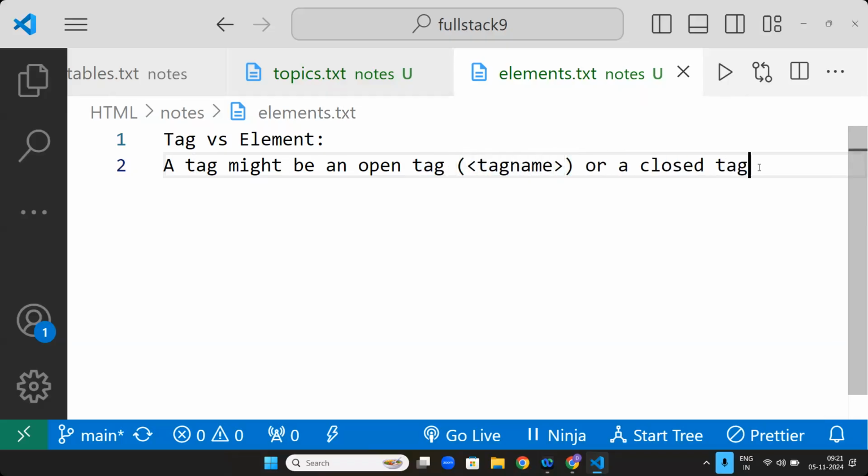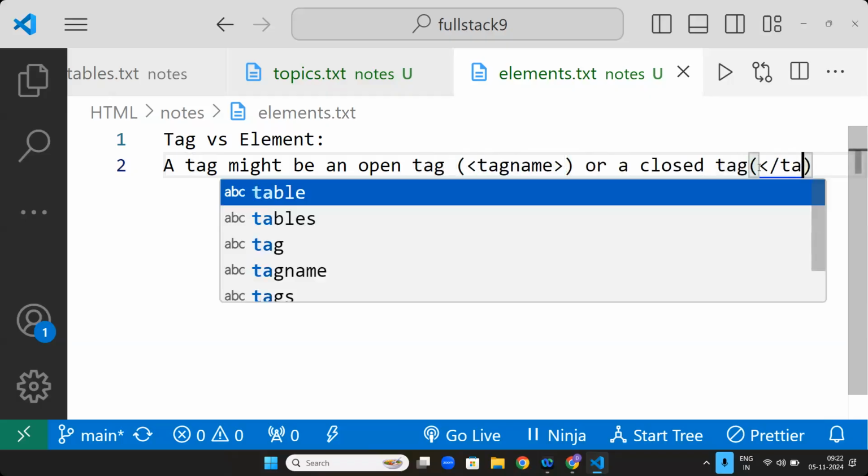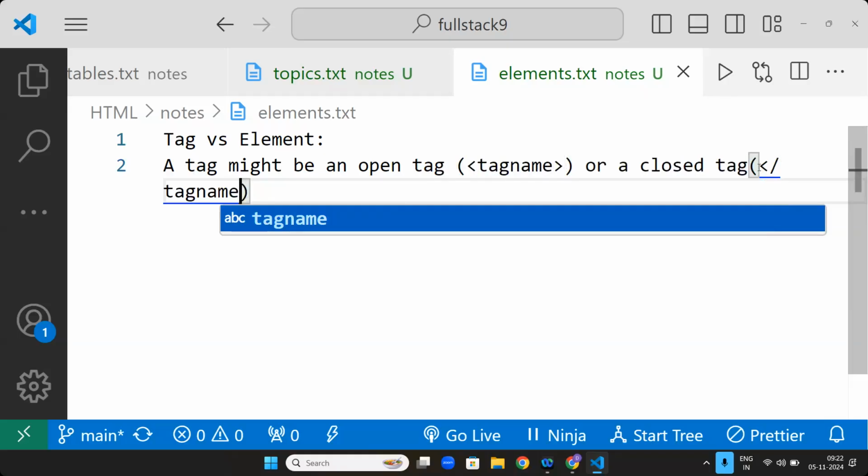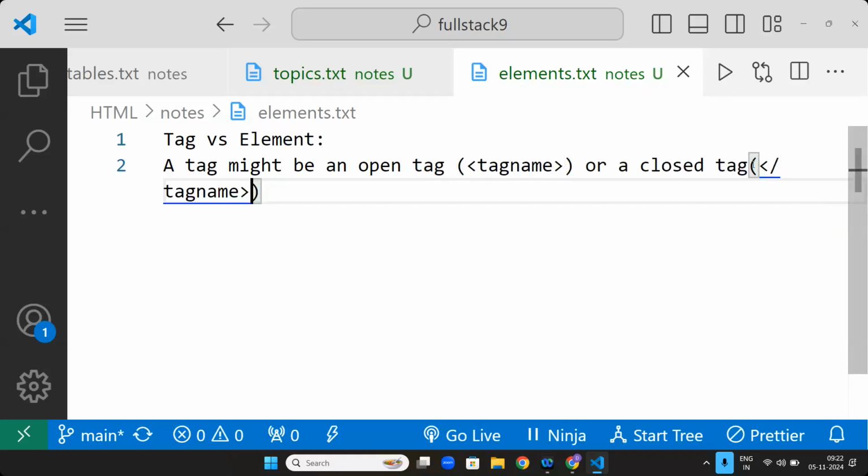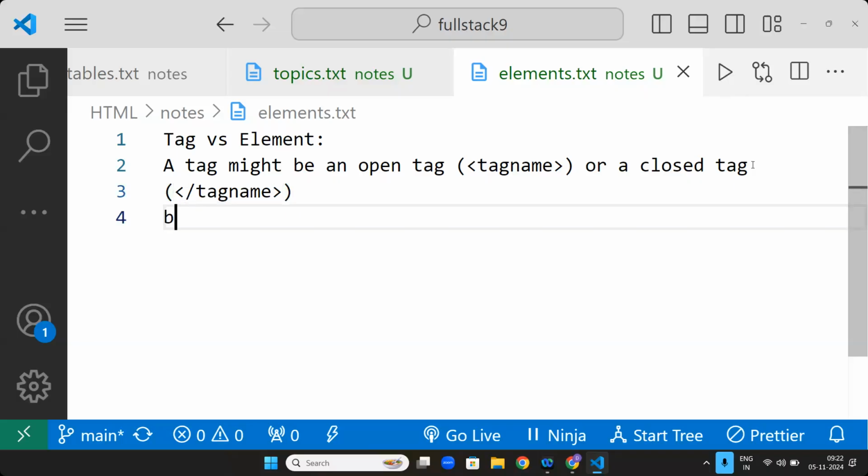Closed tags will be like this: left arrow, slash, tag name, and right arrow. Is it clear? When you are talking about tags, you can have an open tag or a closed tag. But